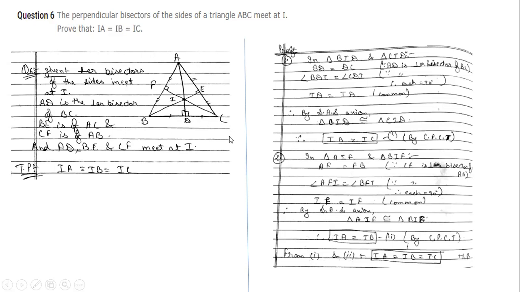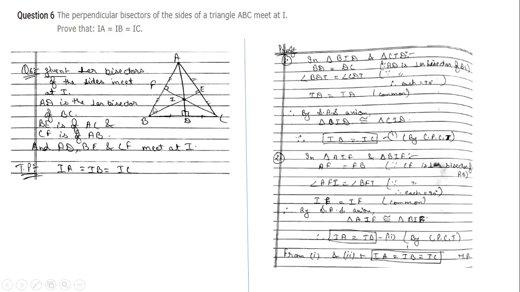We have taken the required part. Now we have taken that IB is equal to IC, and consider this one as equation number 1. This is just because of CPCTC. Now come to another triangle from which we can take IA. Now this is up to you if you want to take AIE or CIE, choice is yours. If you want to take AIF and BIF, again choice is yours. Here I am going to take triangle AIF and triangle BIF.